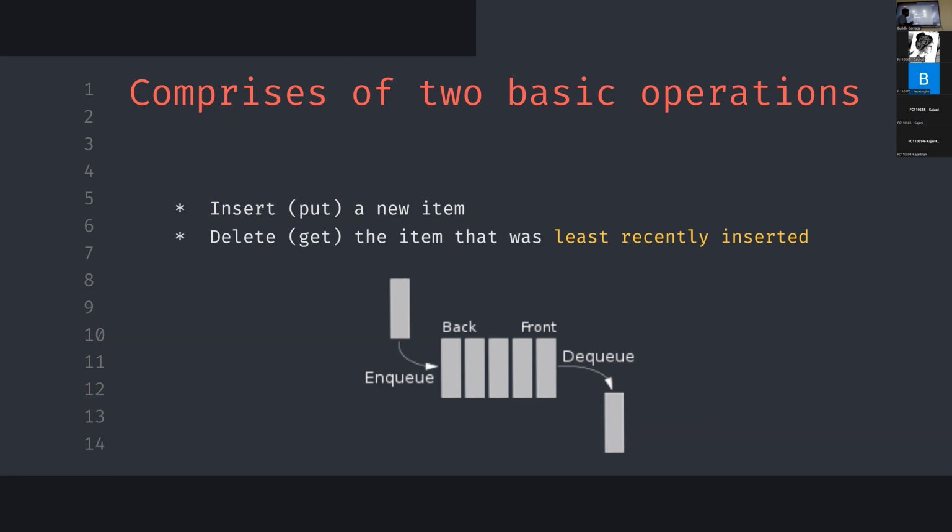So let's consider this is a queue, and if something is inserted, it will be at the very top, right? Initially, right? Let's consider this. And if you need to